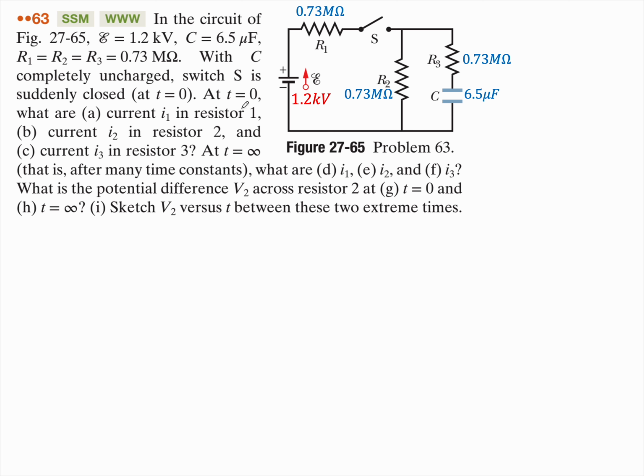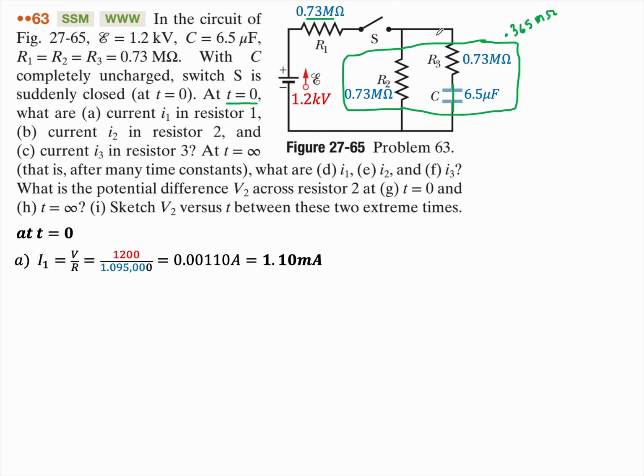All right, so the critical part here is at t equals 0. Remember, an uncharged capacitor acts for all practical purposes like a wire. So it's just acting like a wire here, which means these two resistors are now in parallel with each other, meaning the total resistance of these two is just 0.365 megaohms. That is in series with the other resistor up here. So the total resistance is just the sum of those,